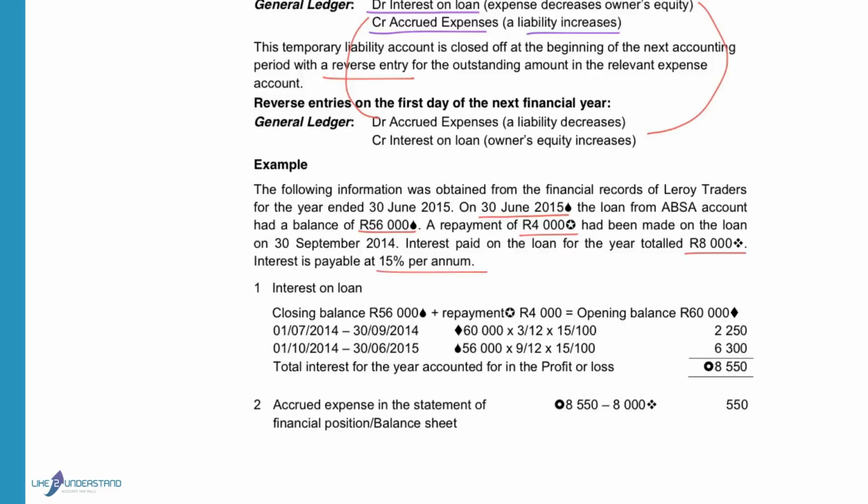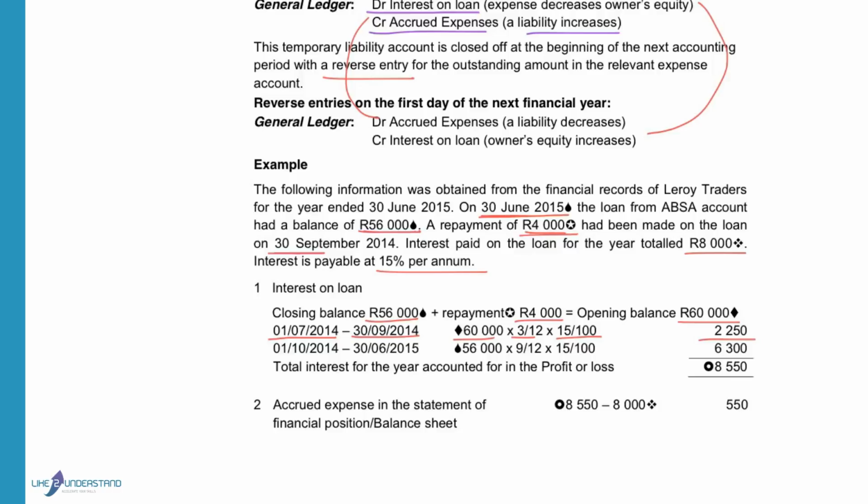Okay, first of all, we have to determine what our opening balance was, because the closing balance on 30 June is 56,000. During the year, we made a payment of 4,000, so it means at the beginning of the year, we owed 60,000. The date that this repayment was made was the 30th of September. So from 1 July 2014, the first day of the financial year, until 30 September, the day that the payment was made, the business owed 60,000 Rand for July, August, September, 3 months at 15%. So the interest for the first 3 months is